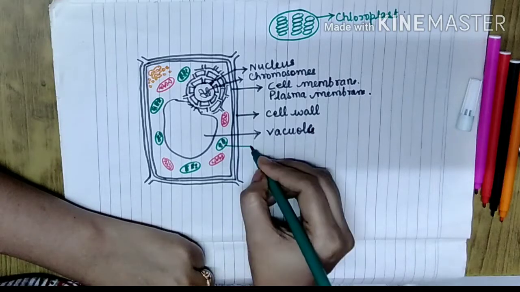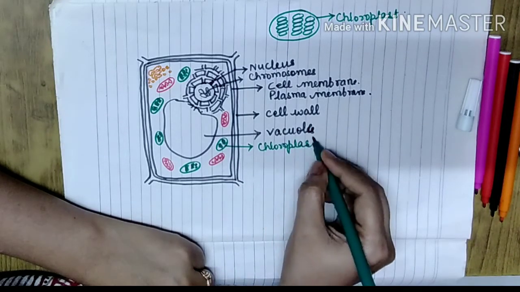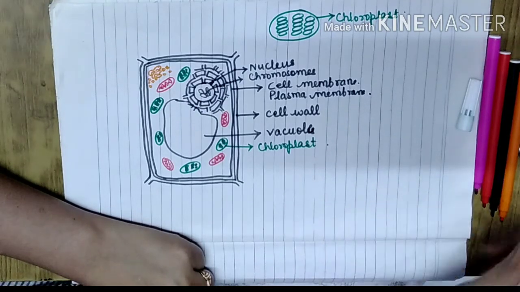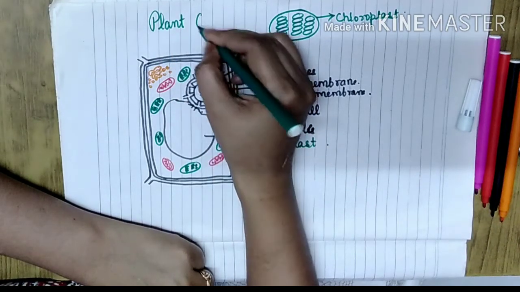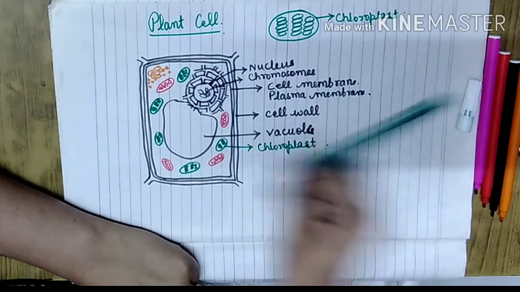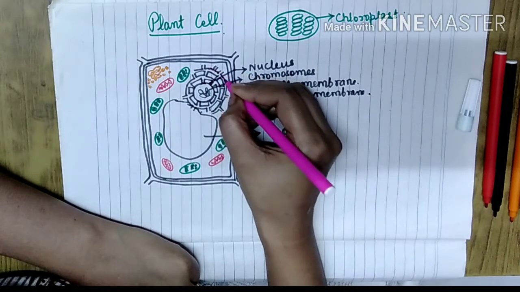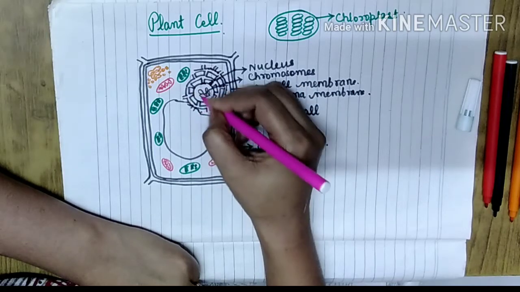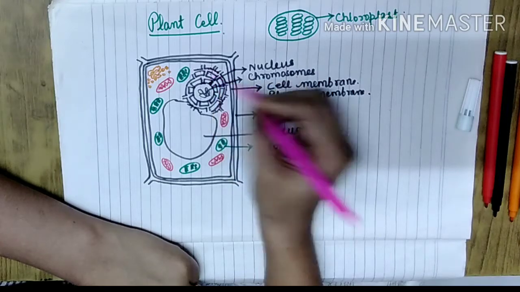So the green color of the leaves is imparted by the chloroplast containing the green chlorophyll pigment, and they help in preparing the food for the plant. So what I am doing here, I am telling you about the plant cell. Throughout the cytoplasm, a large number of chloroplasts are spread, giving green color to the plant cell, and with the pink color I am showing you the dot-like structures. They are the ribosomes.